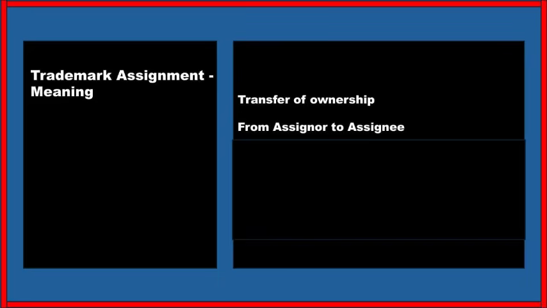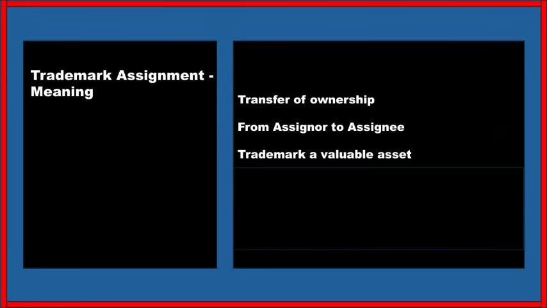To begin with, let's first see what a trademark assignment means. It simply means transfer of ownership of trademark from the proprietor, who is also known as assignor, to other party called the assignee. Let me explain further. Suppose you start a business. You choose a brand name for your product or service that you offer, and you work very hard and build a reputation for your brand in the market. And thereafter people start trusting your brand. This way your brand, that is trademark, becomes valuable.